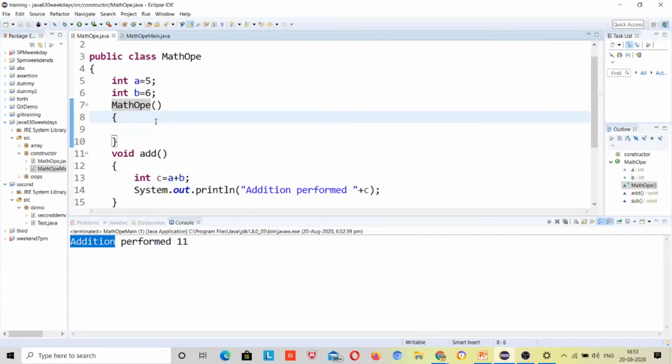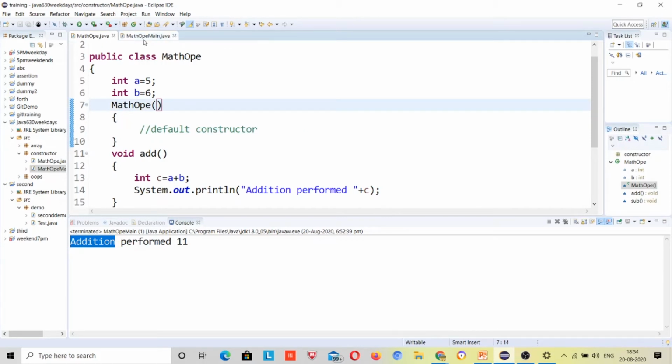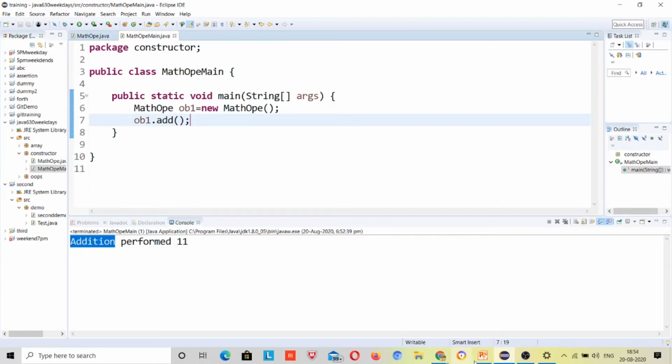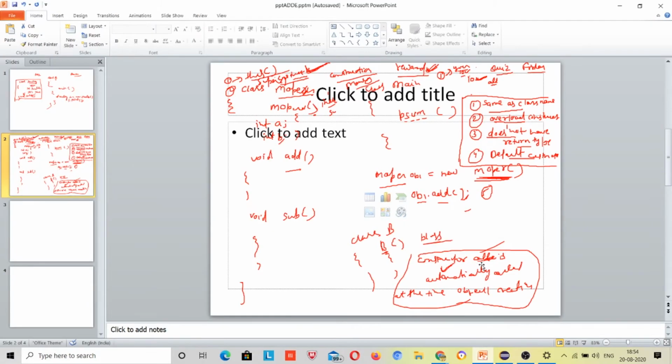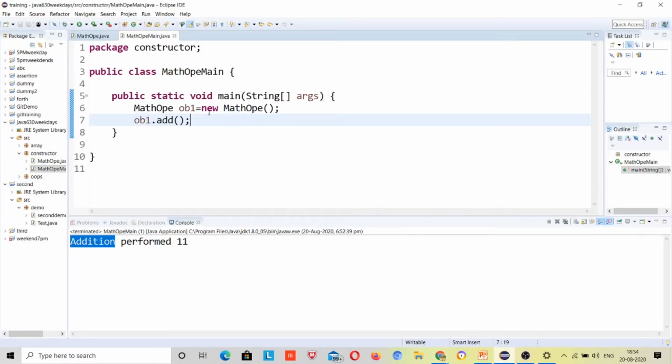What is this? This is the default constructor. Now how do we know that the constructor is called automatically at the time of object creation, as I explained?